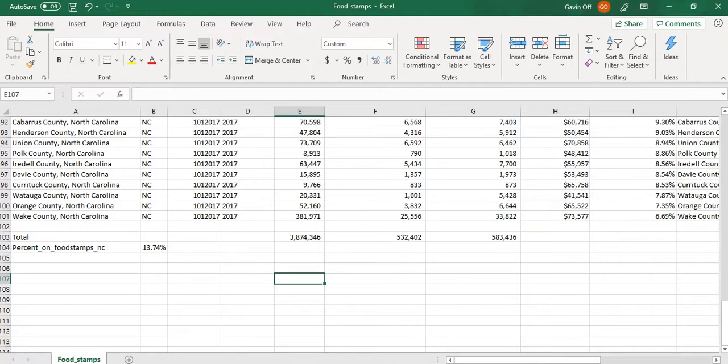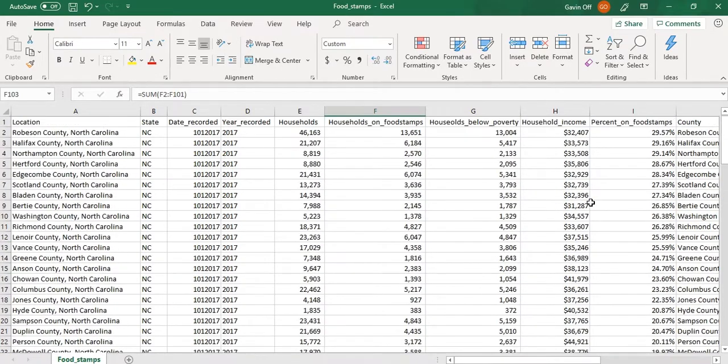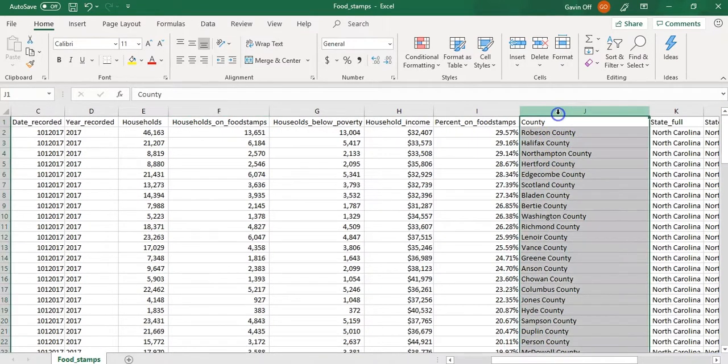Now, what if I wanted to know what part of all these homes, right here, all those homes on food stamps, how many of them are in Mecklenburg, or what percent of them come from homes in Mecklenburg? In fact, I want to find out what percent of them comes from homes in each county. How would you do that? Well, you'd write a percent formula, but you'd have to use the locking technique that we learned. So let's add that column and put it in where column J is. So insert a column on column J,